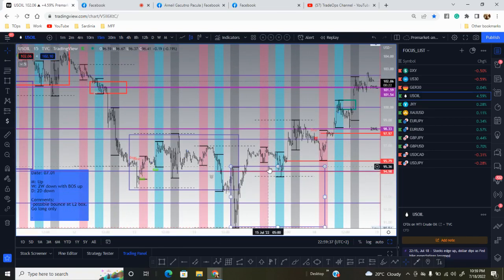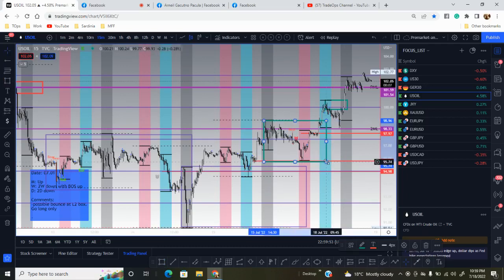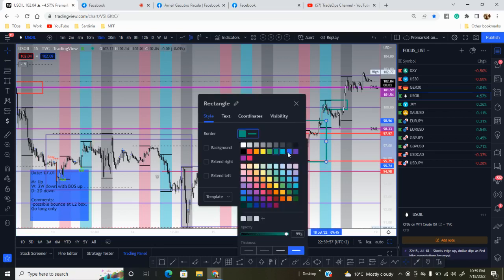and this is actually the first box, breakout ng first box. Then so what I mean here is that we are at just the level 2. So if we are level 2 uptrend, then there's a chance that there will be a level 3. So yun nga, today level 3 happened.